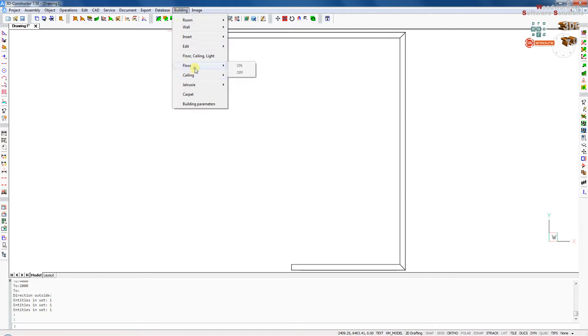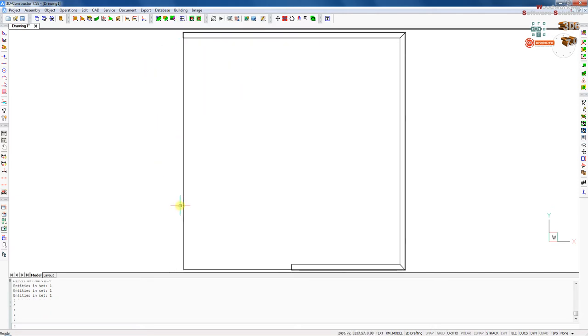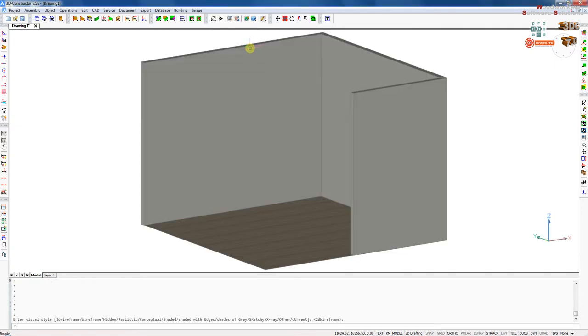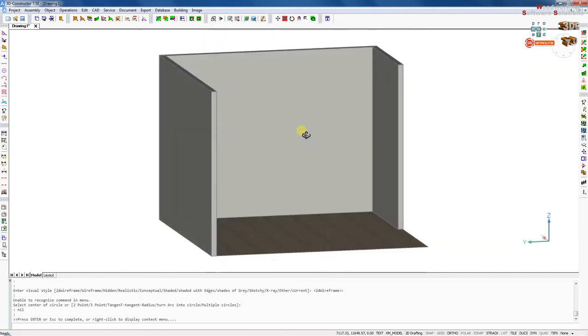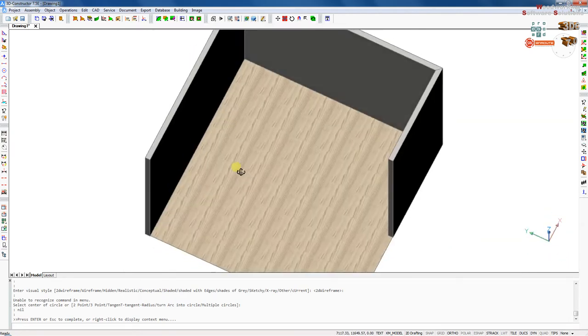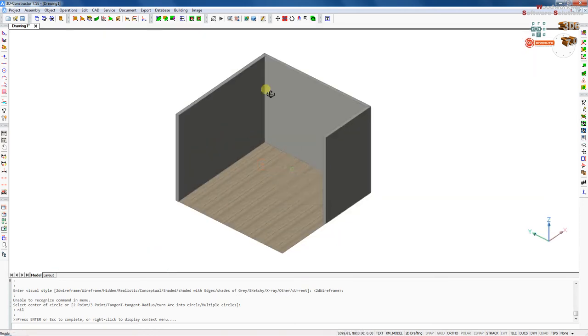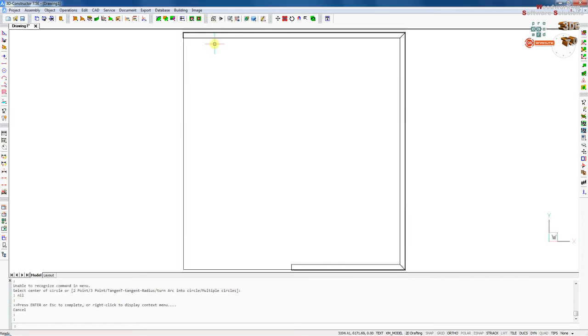So we can go and switch our floor on. If you go to 3D view, this will put us in 3D view, and we will go to color mode. If you select the drop down menu, you'll select a realistic mode, so you can see your room. So you can turn it. So this is our room. If you go back to the top view,